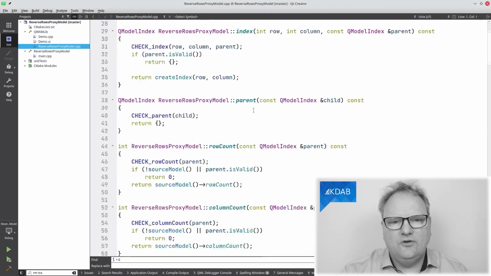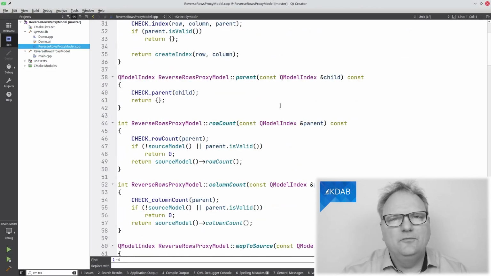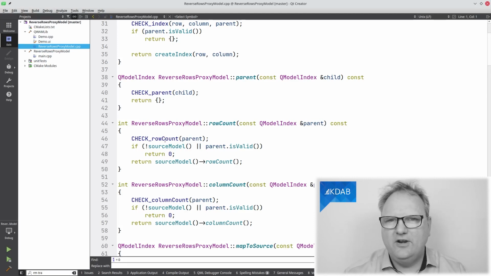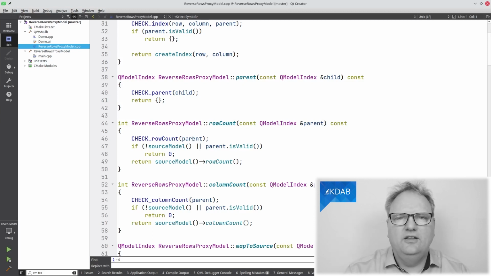So let's scroll down to something simple. It's always comforting starting to look at rowCount. And remember, this model here does not handle trees. It could have, but I had no need for it. So really, I thought I was working hard enough just to get this properly working on all table and list models. Check_rowCount. That's from the previous episode, where we had this framework that I created for checking the indexes and other stuff in the proxy model.